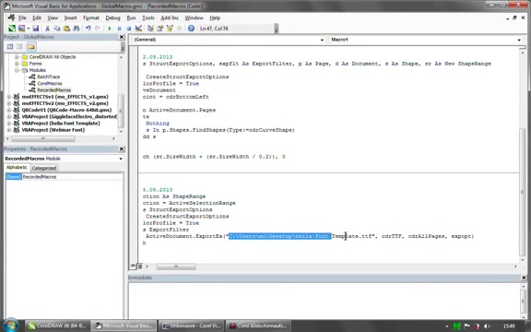The name is this one with a path where we are about to save it. This is the type of the file we are exporting. This is what we are actually exporting. If we want to export all pages in our document, this is the right selection. You could also export a selection you've made, and to finish the export, or to say how the export should be handled, we apply our